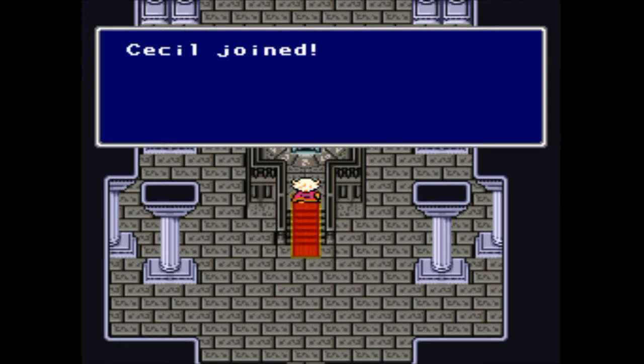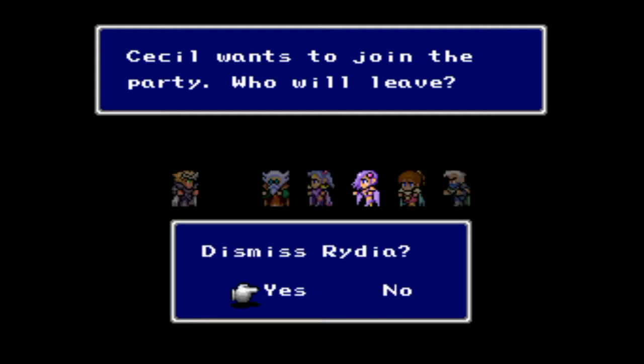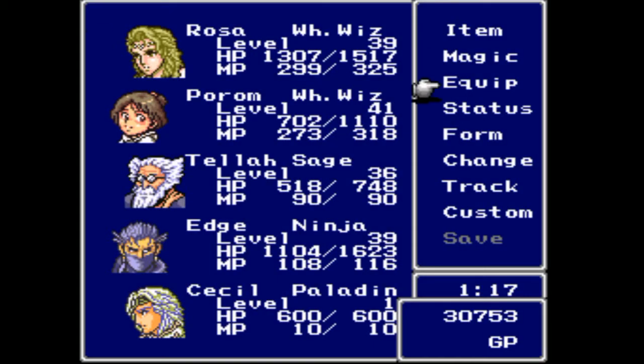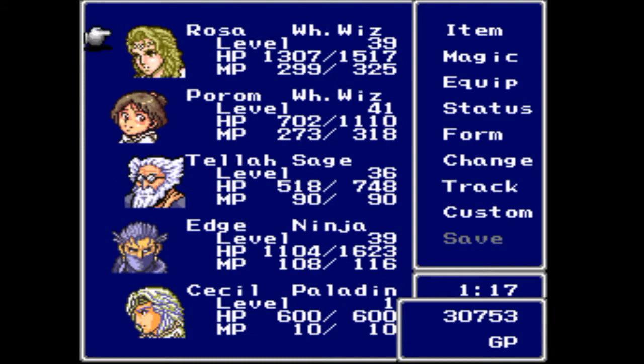Like, I feel like we're past the point where Sylph is really good. Oh, we do actually have better equipment there. Iridia's HP does end up a little bit better than Porum. Porum's actually higher level. Iridia is not actually going to contribute that much at the Zeromus fight. If we had another black mage, I'd consider it, but